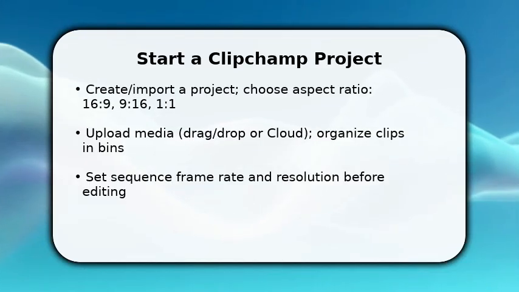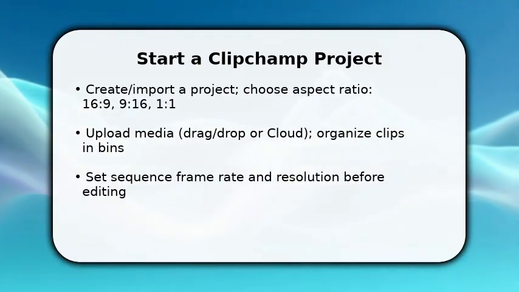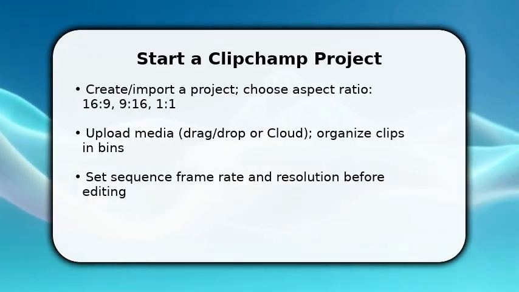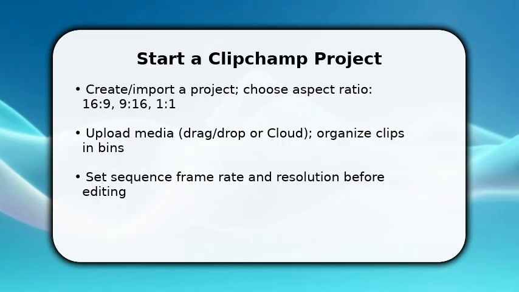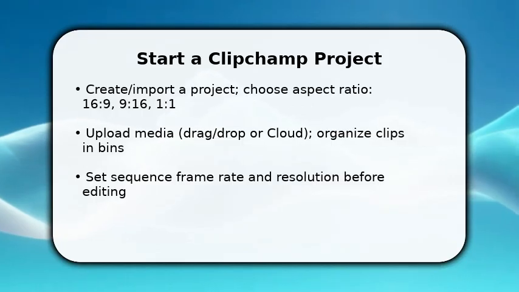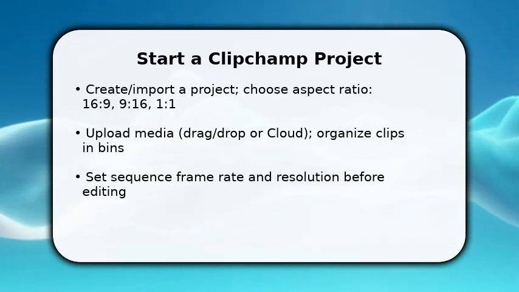You open Clipchamp and create a new project with the correct aspect ratio for your platform. Start by importing media, drag files, or link cloud accounts, then label and group clips so you don't waste time later. Once done, set your sequence's frame rate and resolution to match your source files to avoid jitter or export